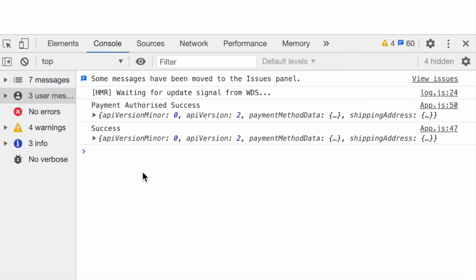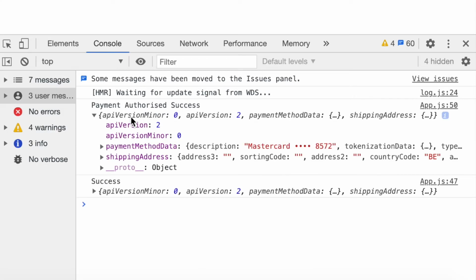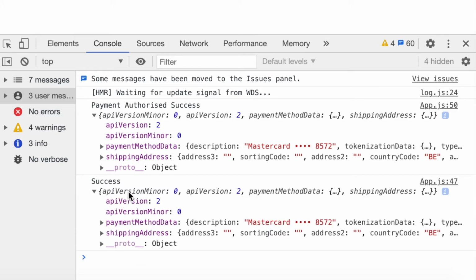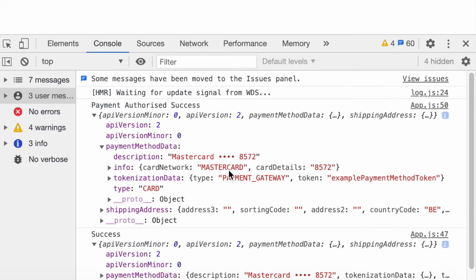So let me quickly click on this pay button. As soon as my payment is successful, the whole object is captured here, because this onLoad and onPaymentAuthorized callback has been invoked. So both have the same payment information, which includes my payment data, right?